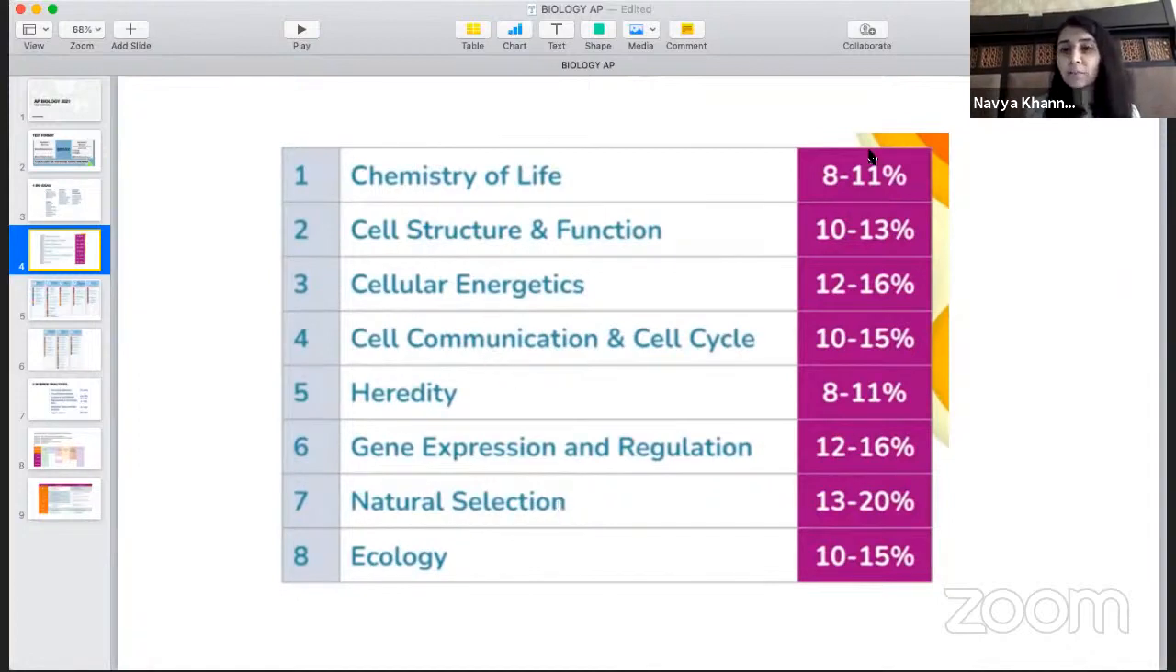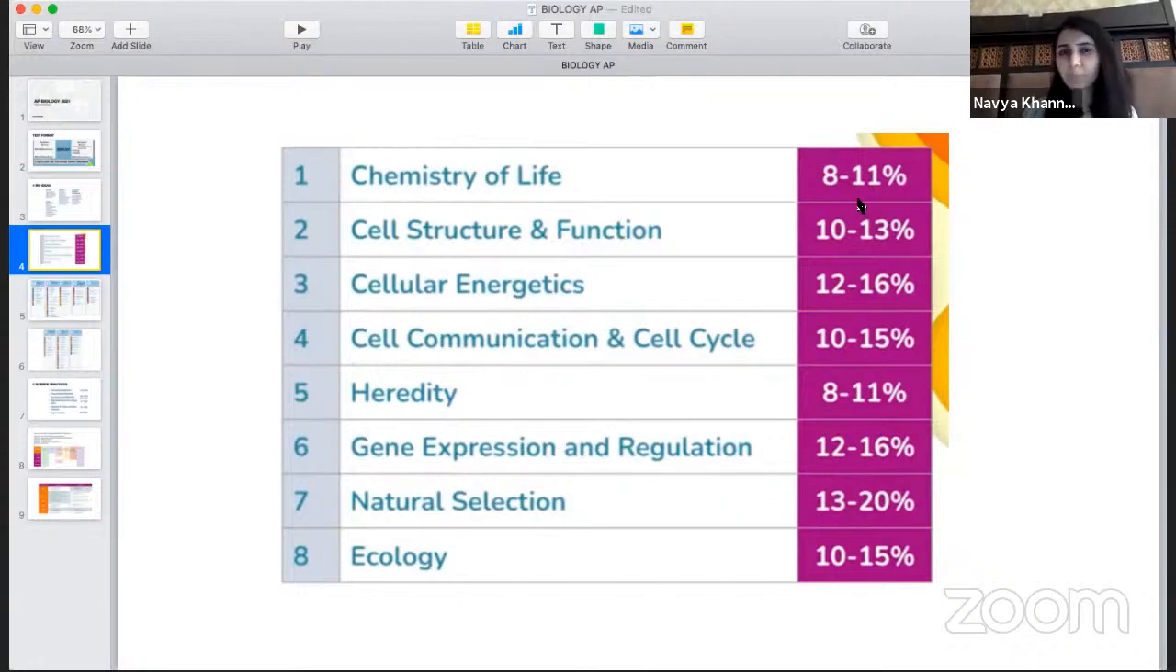So the 8 to 11%, the percentages over here, is the weightage of the number of questions that you can get in the exam. Out of the 4 big ideas, we can divide them into these 8 units. Chemistry of life is 8 to 11%. So out of, say, 100 MCQs that you have, you will get about 8 to 10